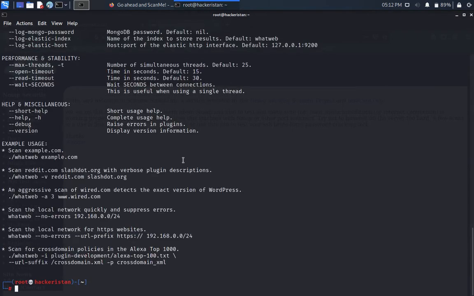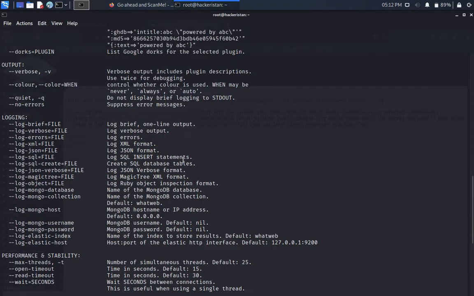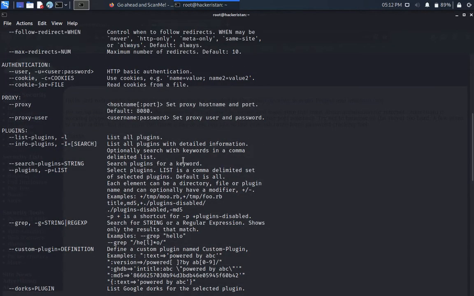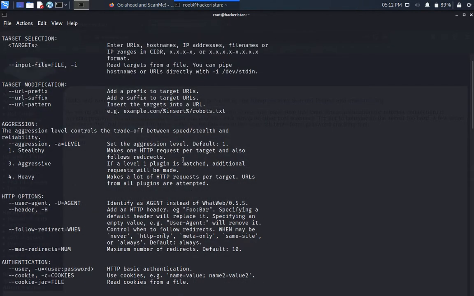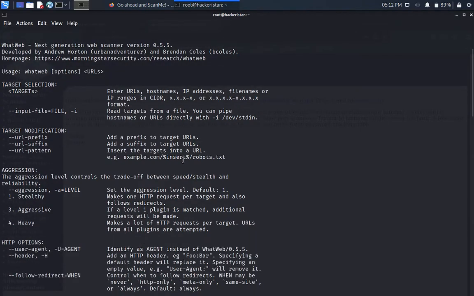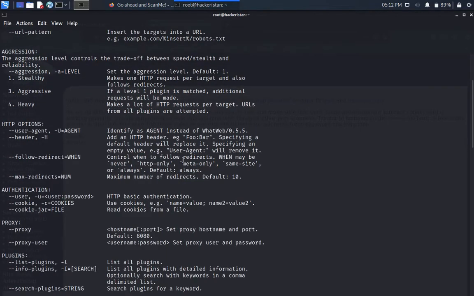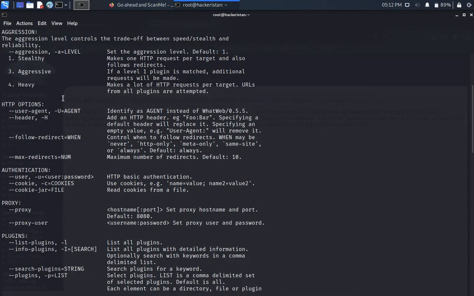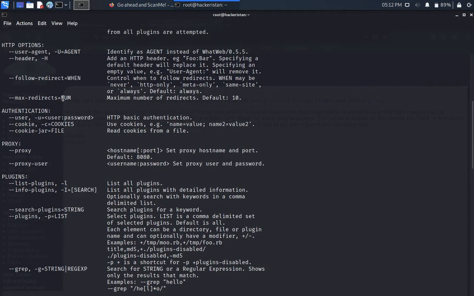The first screen that comes up is the help menu. It gives you a lot of options, and you can accordingly choose the scan methods and methodologies for the scan that you want to run to scan the sites that you have chosen as a target.